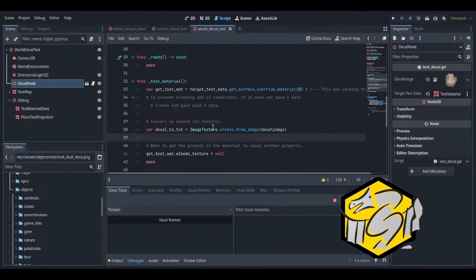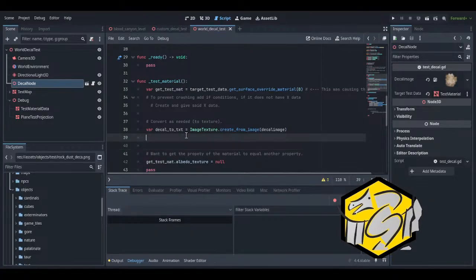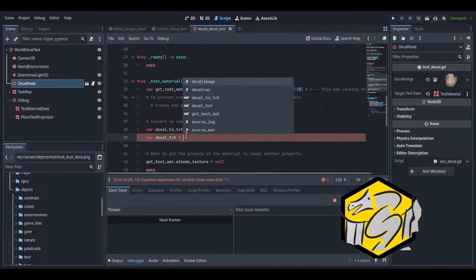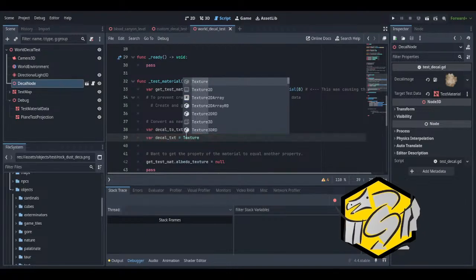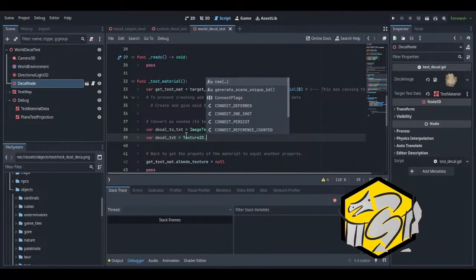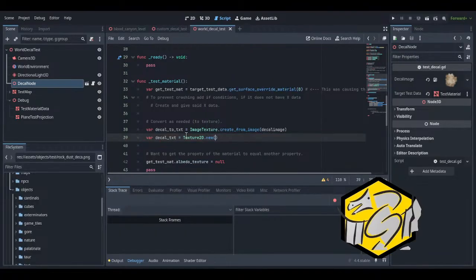Maybe I can create a new texture. Yeah, and then just make it. Let's try that. Let's do var new updated decal texture equal texture 2D new.